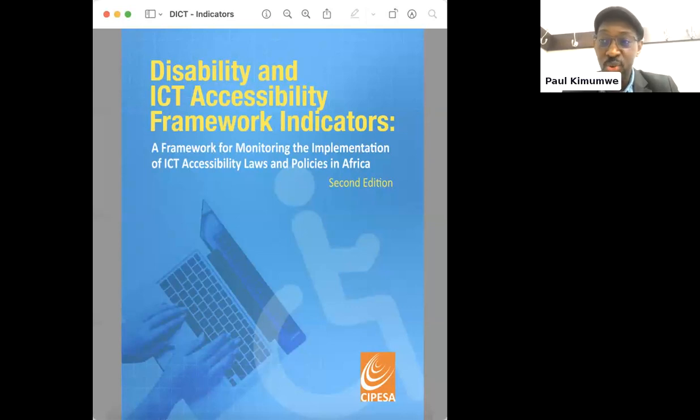So this tool can be used, one, by the telecom companies themselves to assess whether their disability and accessibility programs are working, the television companies to assess whether their disability and accessibility programs are working, also the website builders, and also government. And also people who are doing advocacy around disability, they can use this framework and the tool to assess. So you can choose an indicator that works for you, because the tool is quite big, 5 indicators are many. So you can choose an indicator that works for you, that is within your ambit of expertise, and work